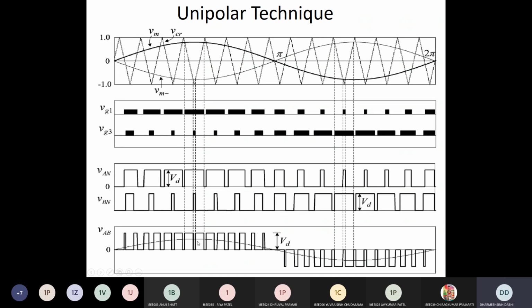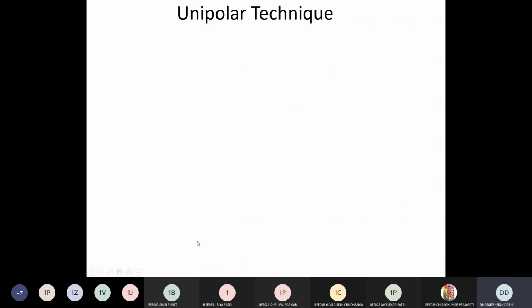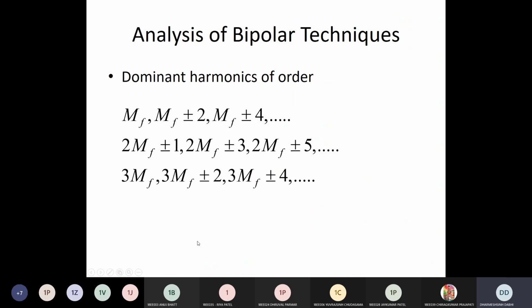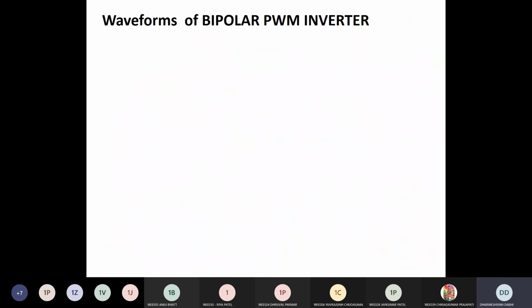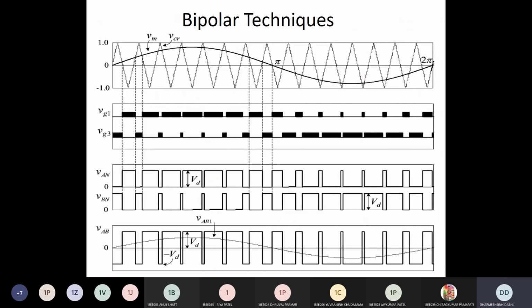If you compare this output voltage with the bipolar technique's output voltage, you can see that in the bipolar technique you get the output voltage in both directions, positive as well as negative. You can see here in the positive cycle you get positive as well as negative. But the average value of the output voltage remains positive in the positive half cycle and the average output voltage remains negative in the negative half cycle. Clear. So that's why the name of this technique is bipolar technique, because you get positive as well as negative at any angle, whether it is the positive cycle or negative half cycle.